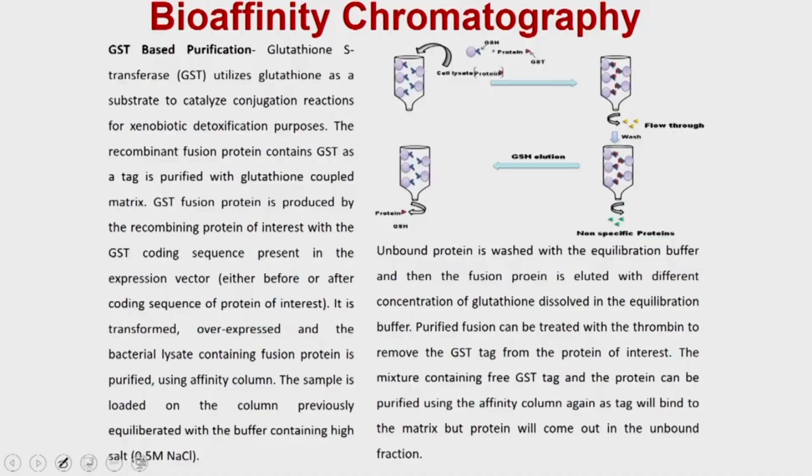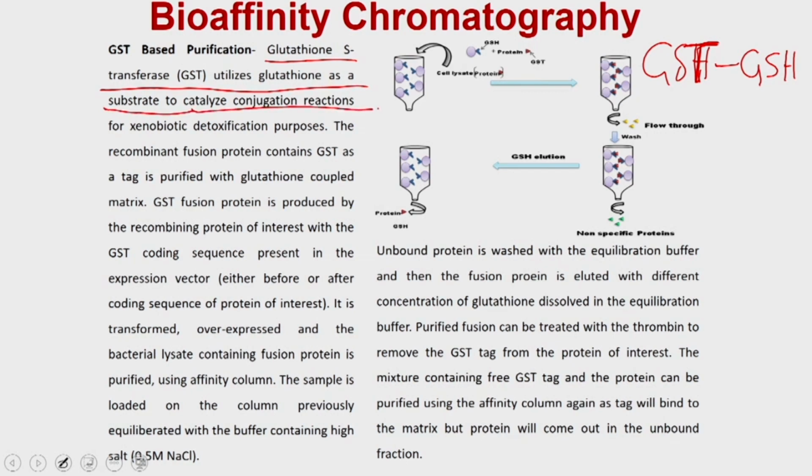So, in this process we are taking an example of GST and GSH as a pair. GST is making an interaction with GSH. GST, which is called glutathione S-transferase, utilizes glutathione as a substrate to catalyze the conjugation reaction for xenobiotic